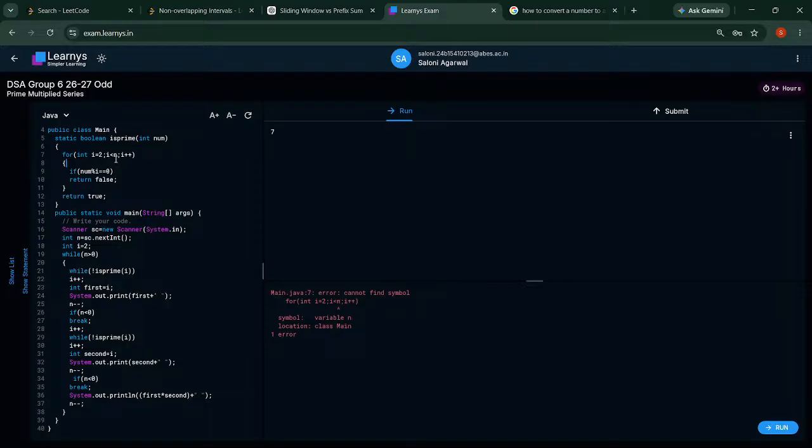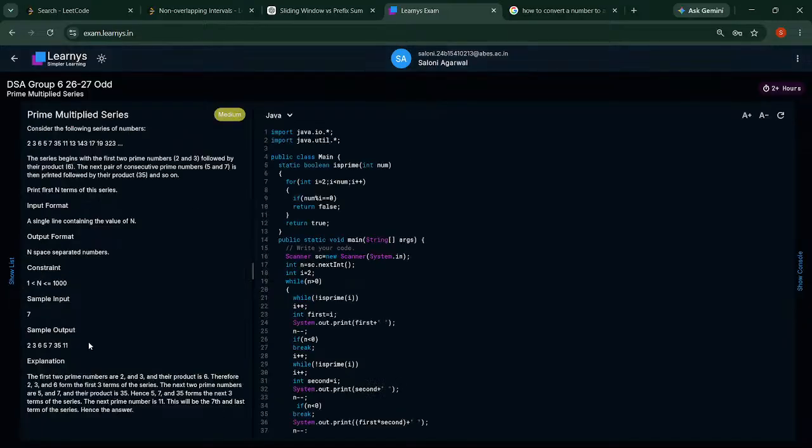Oh it should be n. ओके, ln नहीं लगाना है, कुछ गलत हुआ है।